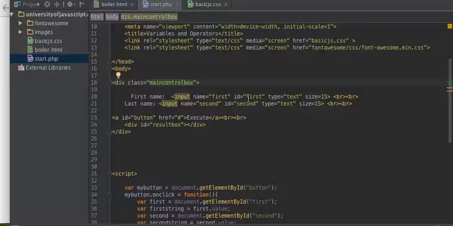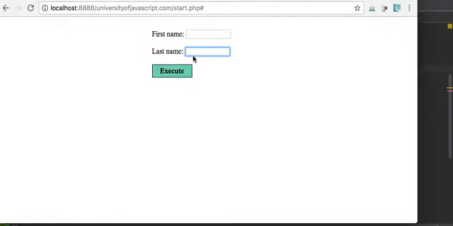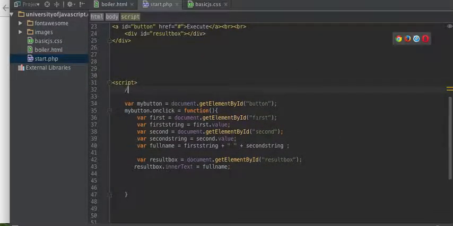So here we have our ID of first, our ID of second, and we want to get the data inside them. This is going to be our first name and last name, and we want to grab these two elements, put them together, and then display them right here. It seems very simple, but you'll see that it ends up looking a little bit complicated. And so what we're going to do is go through this example,